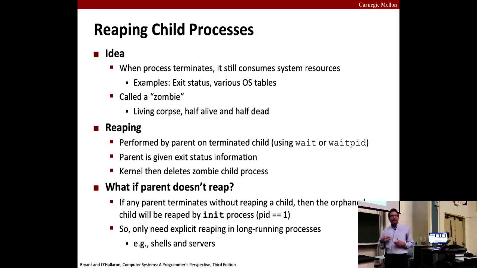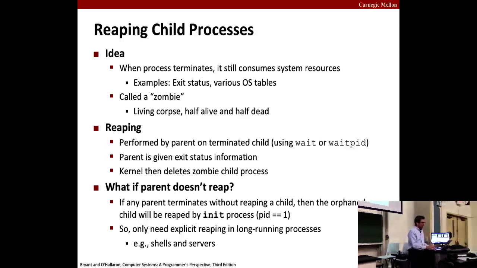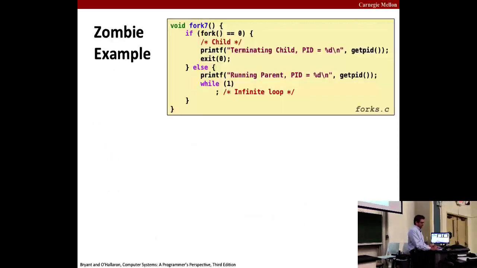Because in that case, a server may create millions of child processes. Each one of those child processes, when they terminate, become zombies and they have state, which takes up room in the kernel. So it's a form of memory leak. If you don't reap these zombie children, that can eventually fill up the memory space and crash the kernel. Right? So for cases where you have long-running programs, we have to use wait or waitpid to reap the children.